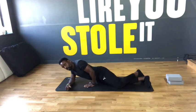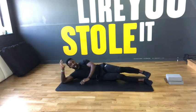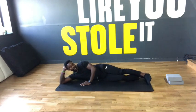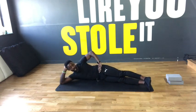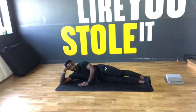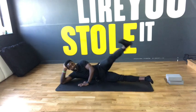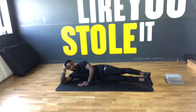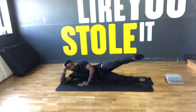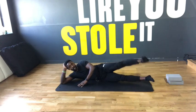So we're coming into our side laying leg kick, side laying leg lift again. So legs extended, hips and shoulders stacked. Lift both legs off the ground. Top leg lift, rotate up and out, and bring back down to meet the bottom leg for 1, 2, for 3,